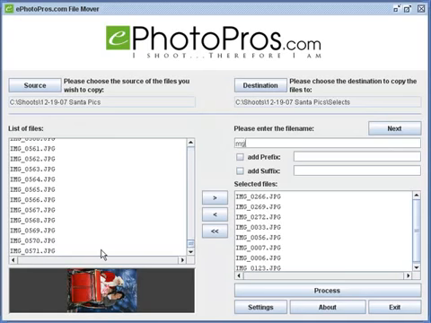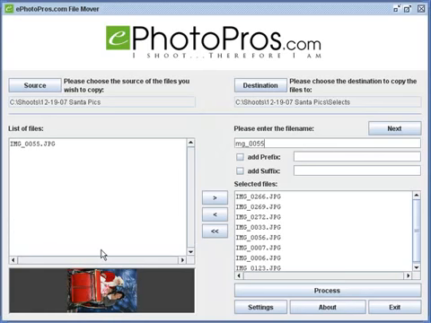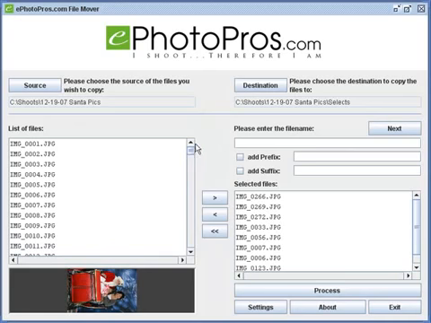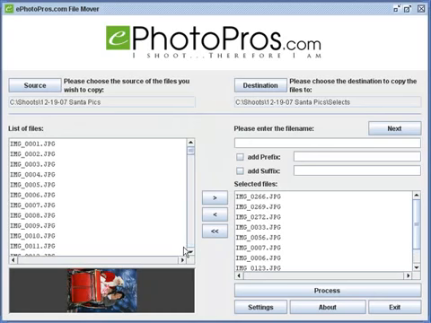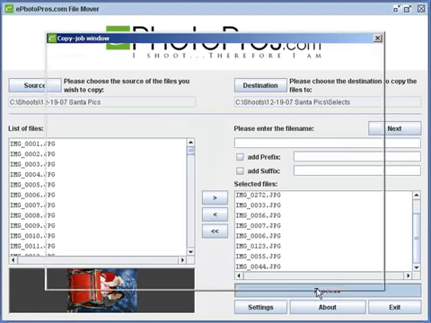So if I typed in mg_005, you can see it's sort of filtered out by that. That wasn't a very good example. What I meant to do was, yeah, that's not going to work so good. But you can see what I mean. So as fast as you can type in numbers, and if you're following a list, you'd just be able to type those in as fast as you can using the 10 keypad and pressing Enter. You don't need to press the next button up here, and you don't need to use the add prefix or add suffix. And once you've gotten your list built, you go down here and you click the Process button, and